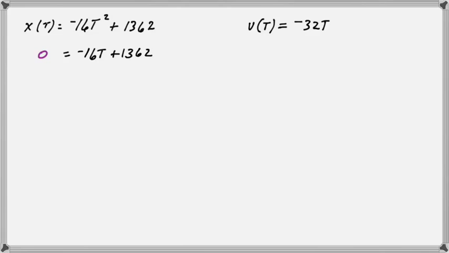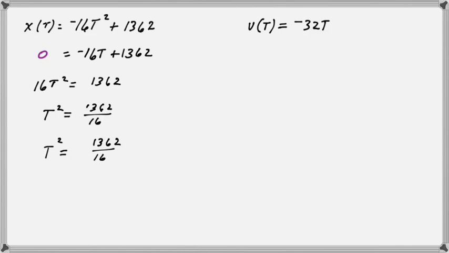If you add the 16t squared to the other side, you'd have 1362. You're going to divide 1362 by 16. And then to get rid of the square, you're going to take the square root, and you'll get it to equal about